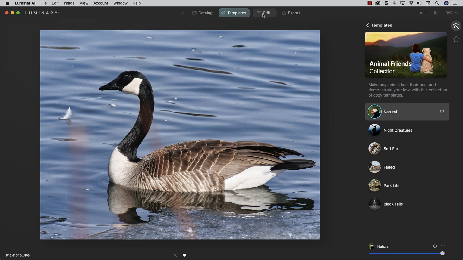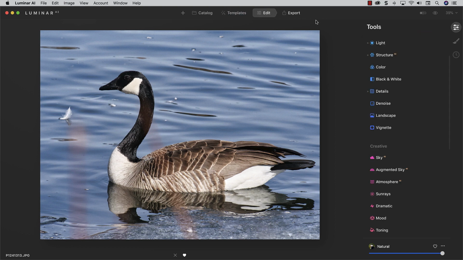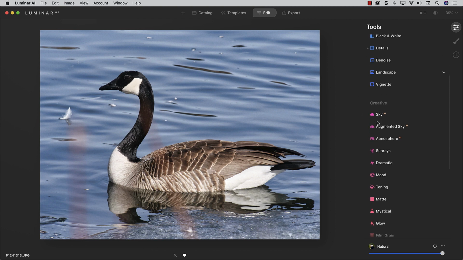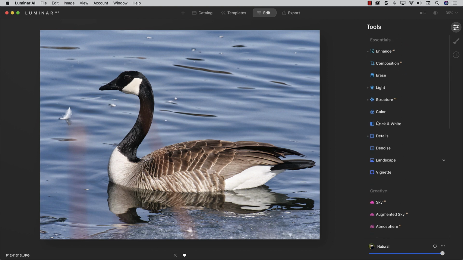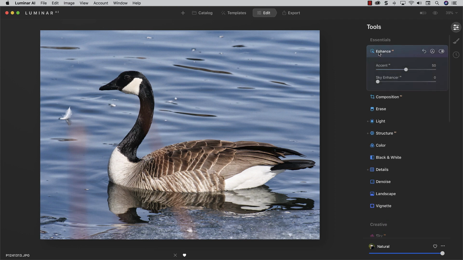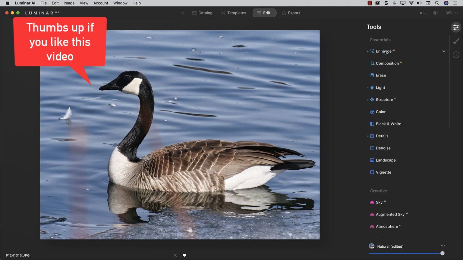If you want to see what edits were made and what tools were used, click the Edit tab up here and you'll see that there is a dot beside each of the tools that was used to produce this edit. And there's only dots in the top section: Detail, Structure, Light, and Enhance. You can go into each of these tools if you feel that they're too strong or not strong enough, and you can edit using the sliders in each tool. Very simple to use, and that's what most of Luminar AI is all about, sliders.